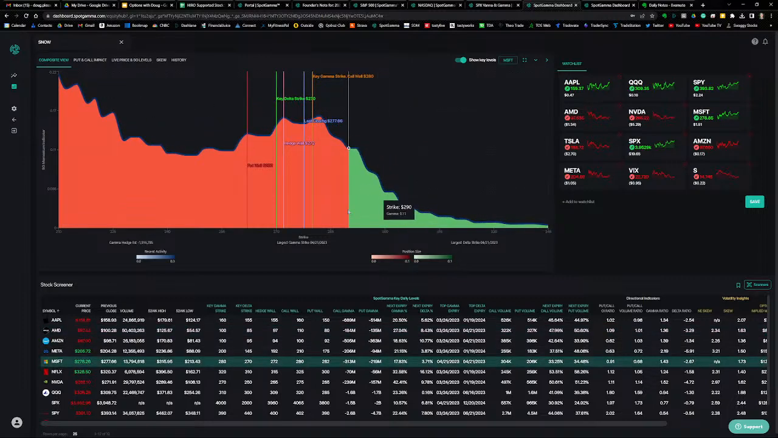And note there is some call domination above the 290 level, but that is all out in the April monthly expiration. So call gamma unwind really doesn't come into play for today. So that is Microsoft, and let's take a look at the